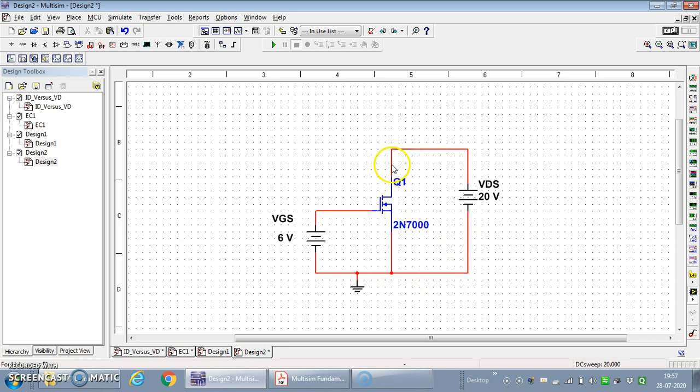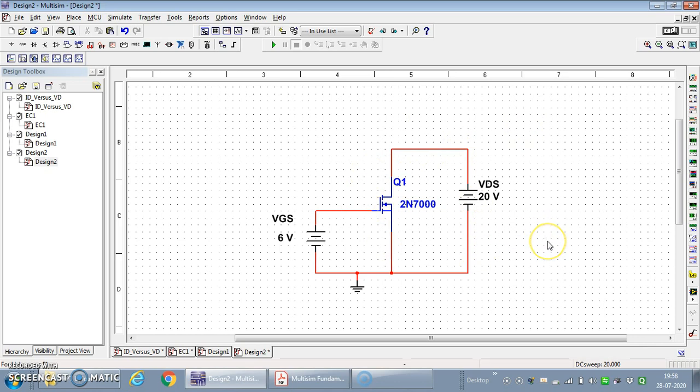See, these are the labels. This is the drain terminal, this is the gate terminal, and this is the source terminal. This arrow indicates the substrate terminal. The substrate is connected internally to the source terminal. So this is an N-channel enhancement type MOSFET. N-channel indicates that the drain and source terminals are designed with highly doped N+ layers, while the substrate is P-type material.